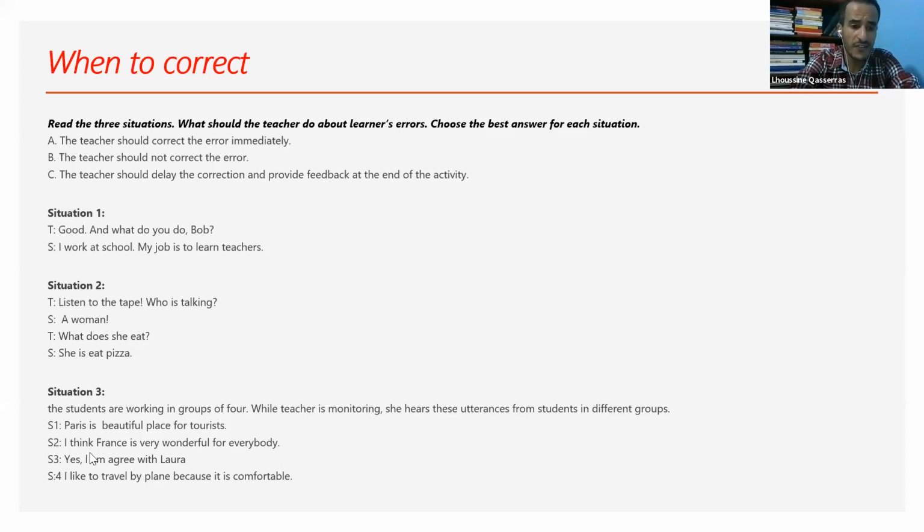Number 2: I think France is very wonderful for everybody. What do you think? Is there a problem here? Alex said grammar, everyone. Everybody or everyone? What do you think? Okay, Azwina Jia, yes: a very wonderful. A very wonderful? No, I don't think so. Article, yeah, is a very wonderful place. Add place, all right, article. Good. All right. Omit very.